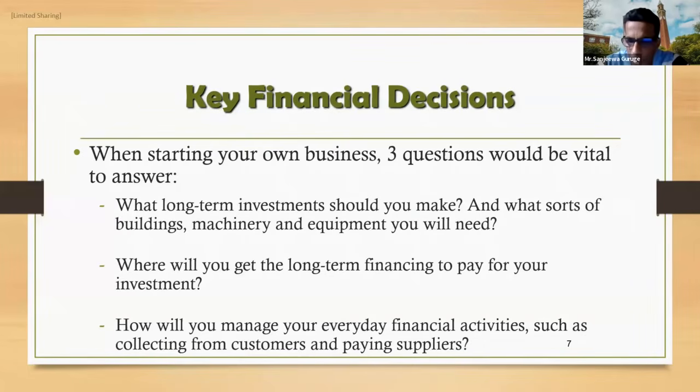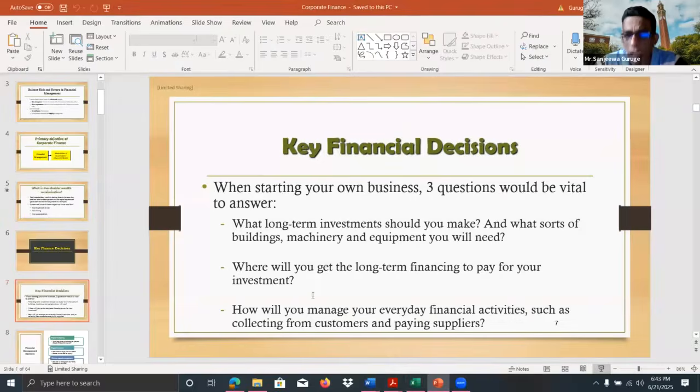So you all know the key finance decision is what long-term investment should you make, which we call the investment decision, or sometimes the capital budgeting decision, right? Actually, it is considered the most important decision, because if this decision is wrong, whatever the accuracy of the subsequent decisions we make, the organization will not be able to achieve the main objective. Therefore, this investment decision should be made accurately with detailed evaluation.